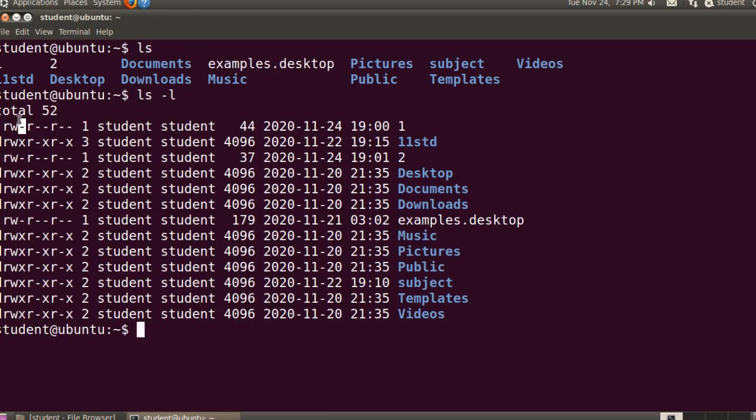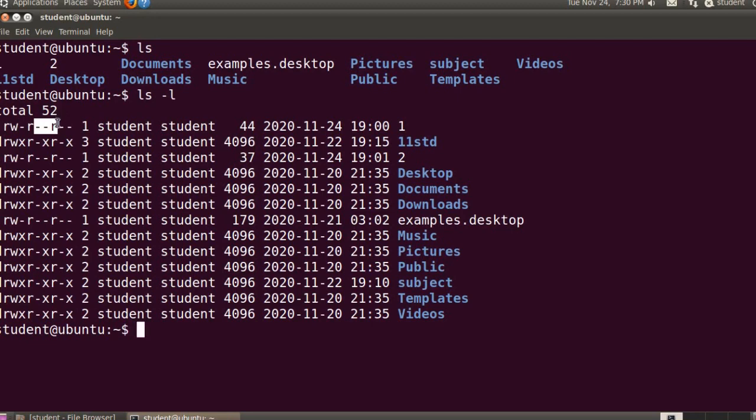Now, as you can see in the output of the ls -l command, the administrator, the user who owns the file, can read and write the files which are given here, 1, 2, these all things. Now we come to the fifth position of the character, the 5th, 6th and 7th. So the characters in columns 5 to 7 denote the permission given to the